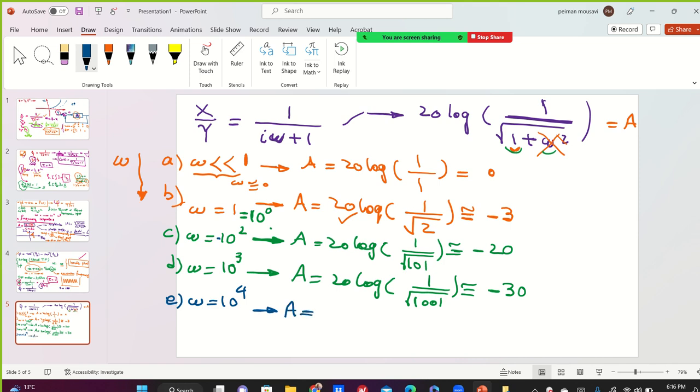A is going to be, I want that to give me the answer, almost -40. See? -10, -20, -30, -40, 2, 20, 3, 30, 4, 40. See? So if I want to plot this